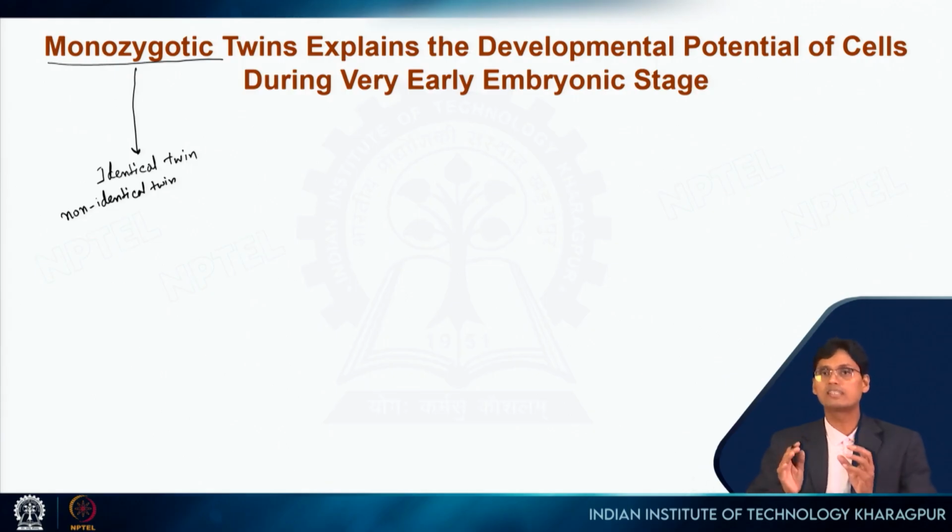So if that early embryo gets split and is not yet implanted inside the uterus, then when this split embryo is implanted inside the uterus, they will develop two